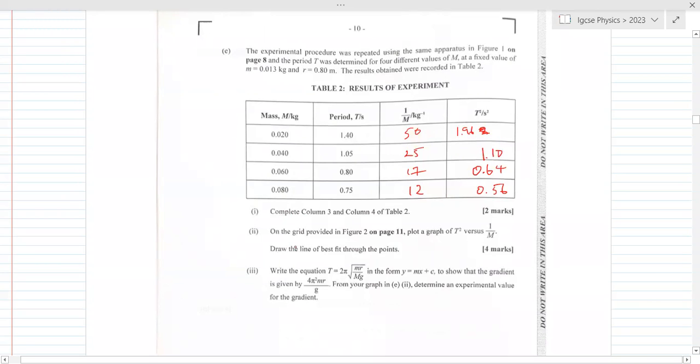So the next part of the question would be for you to actually plot a graph of t squared versus 1 over big M. So this is your x variable, this is your y variable. All right, and that's a 4-mark question. And after that, they want you to use this equation and put it in the form of y equals mx plus c. So we could go ahead and do that right now, so that you guys can see what we mean. So taking this equation,